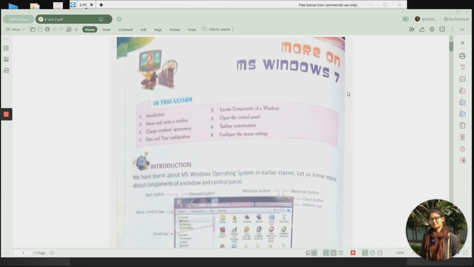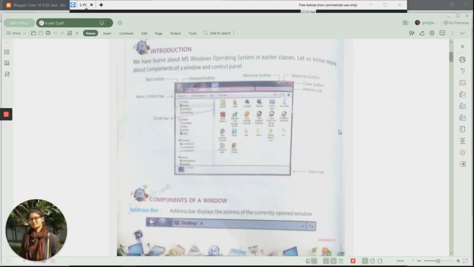Firstly we are going to see it in the book and then practically we will try to apply it. In the window you have a type of buttons: back button, forward button, minimize, maximize, and all these things. Regarding all these we are going to study in the upcoming slides.